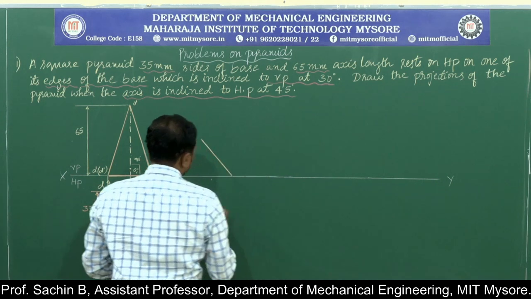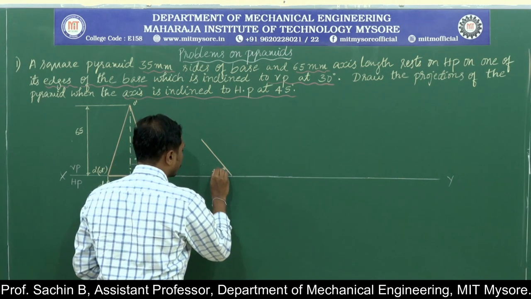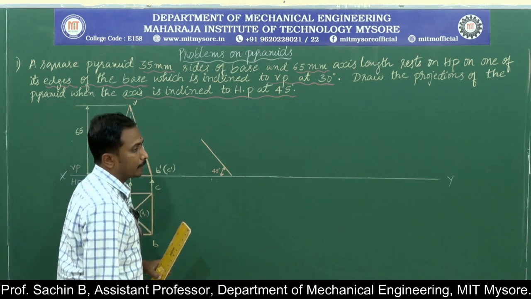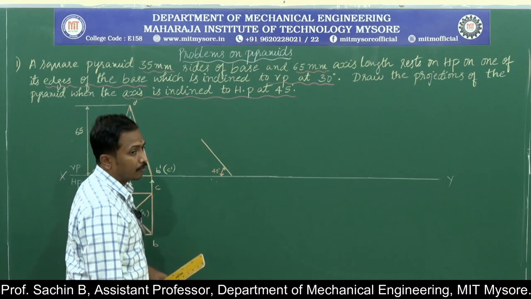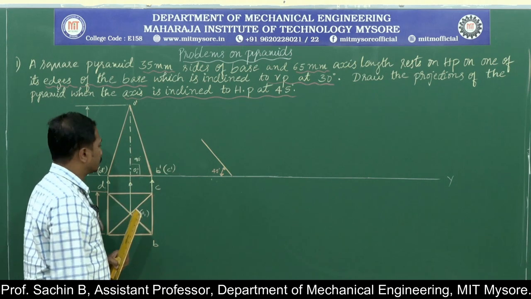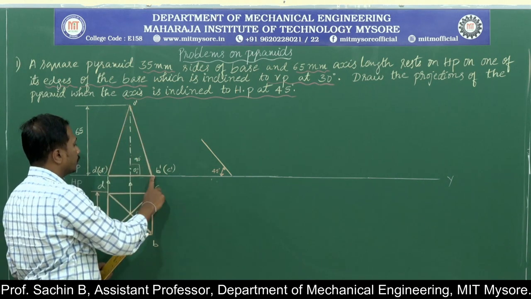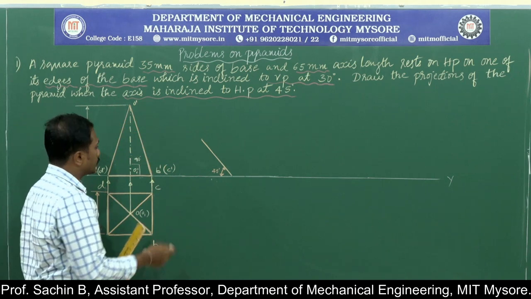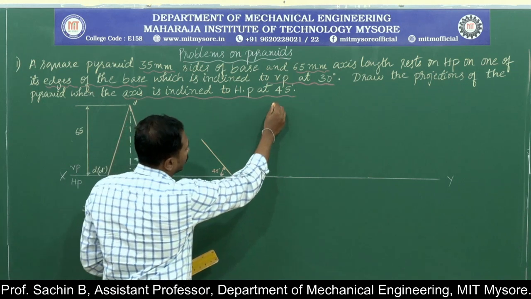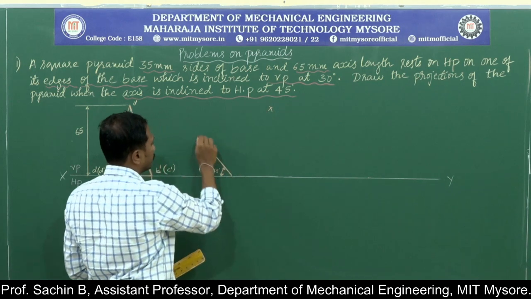Now, here the base is inclined at an angle of 45 degree. In the question they gave axis is inclined, but for the construction purpose I have written the base is inclined at an angle of 45 degree. Now, it's very easy for me to construct the remaining edges of the object. Now, I am going to measure from A dash to O dash, B dash to O dash. By measuring the length from A dash to O dash with the help of the compass, I am going to cut an arc at certain distance from the base edges.